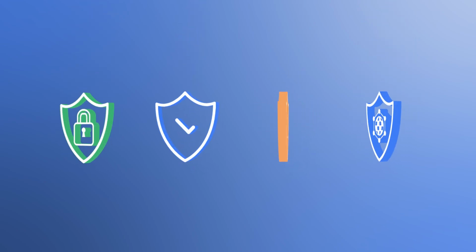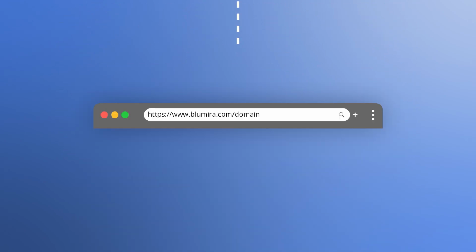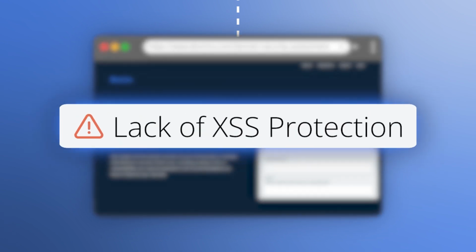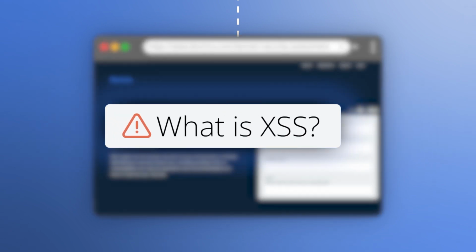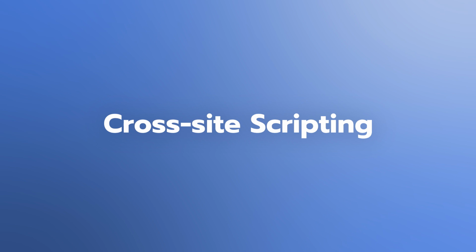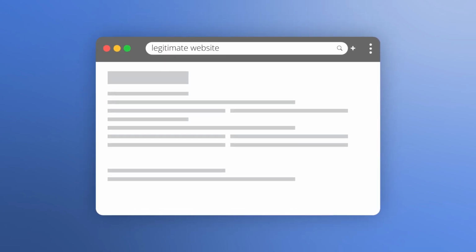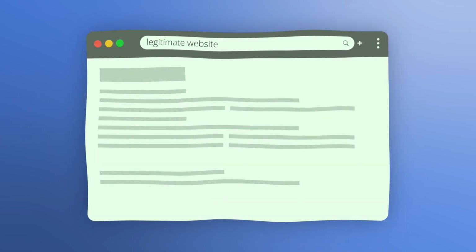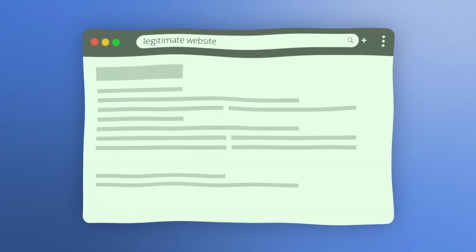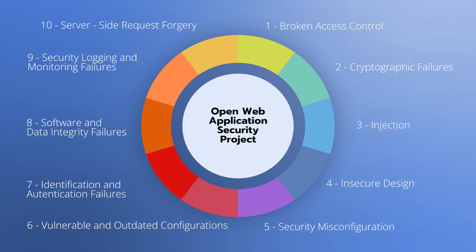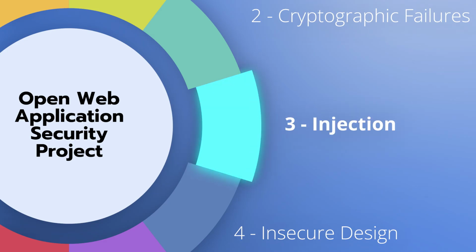One of the most frequently reported findings when running a domain security assessment from Blumira is lack of XSS protection. But what is XSS, and how do you protect your domain against it? Cross-site scripting, or XSS, refers to a type of web security vulnerability where attackers inject malicious code into otherwise legitimate websites. It remains one of the most common attacks seen in the wild, ranking number 3 on OWASP's top 10